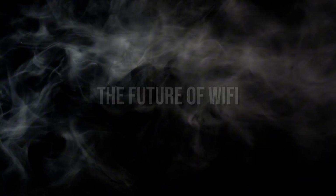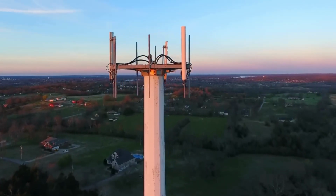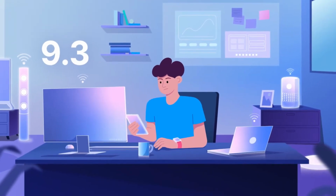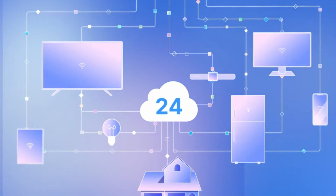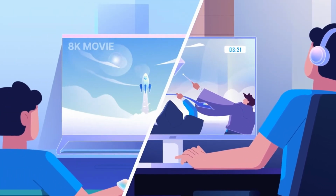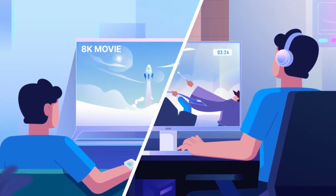The future of Wi-Fi. Looking ahead, Wi-Fi will only become more powerful. Wi-Fi 7 is expected to deliver multi-gigabit speeds, near-zero latency, and seamless multi-link operation across different bands. This will open the door to advanced applications like cloud-based augmented reality, real-time holographic communication, and ultra-high-definition streaming with no